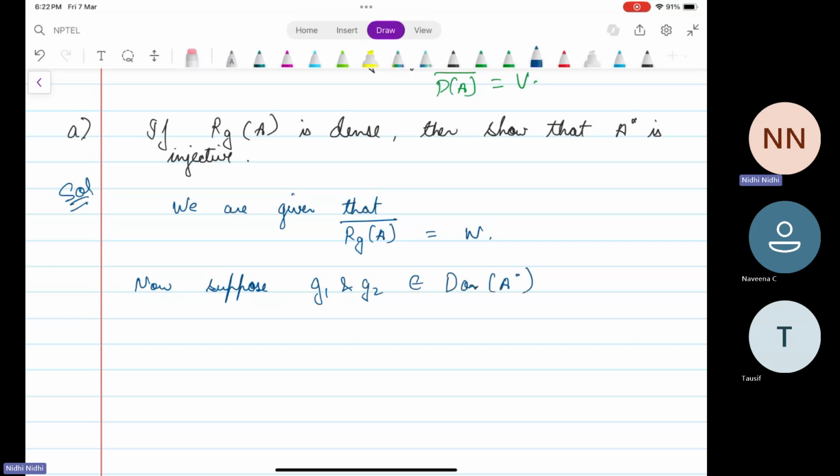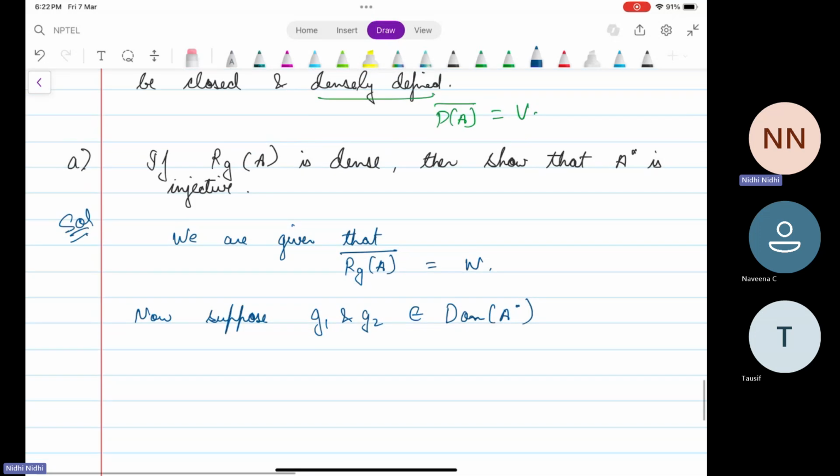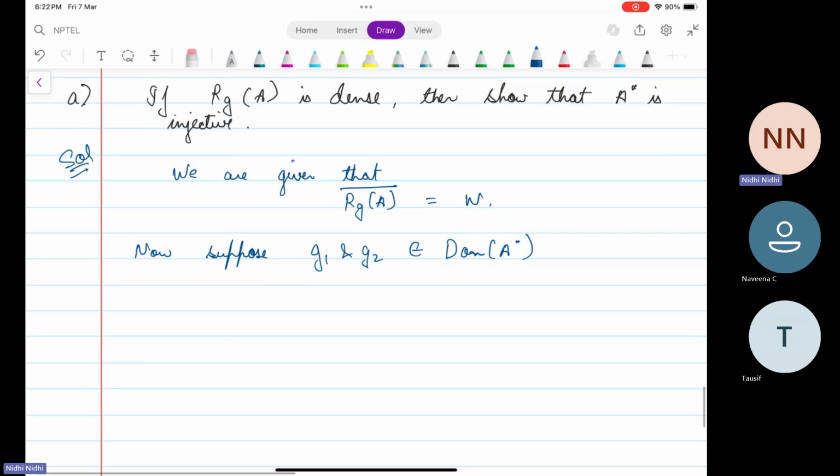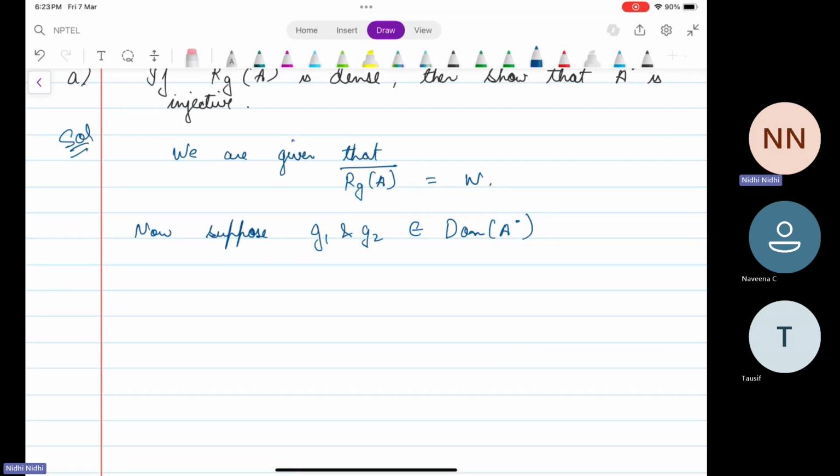Since here domain of A is not the whole space V, so we cannot take this to be whole W star. This is a subset of W star. Be such that